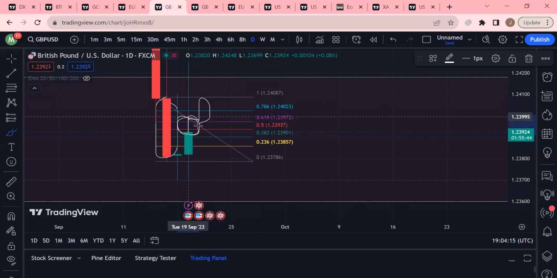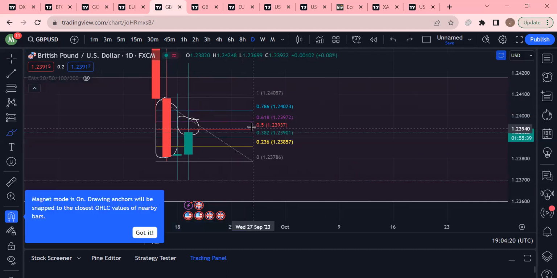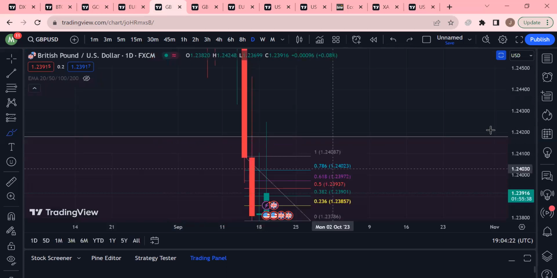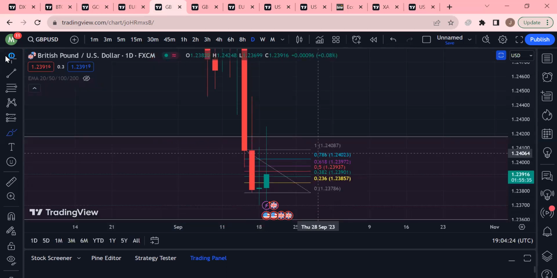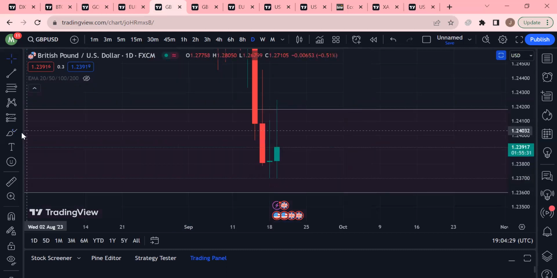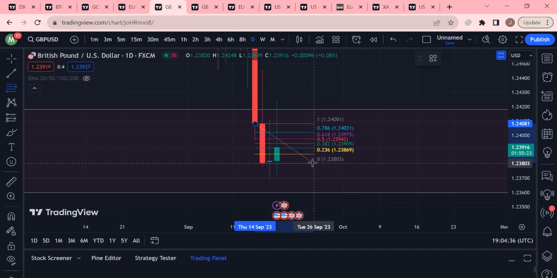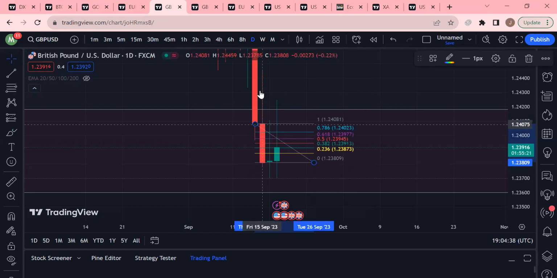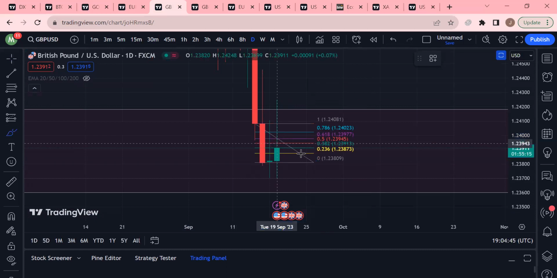So there are a lot of reasons why I wanted to close above the 0.5 of the previous 3 days candle. I'm measuring the previous 3 days candle now with my Fibonacci retracement tool, and I wanted to close above half of it. So I can use my Fibonacci to measure what is happening on that candle, opened and closed. The candle opened here. Are you getting it? Came back up, came down here, and closed here. So I want this day to close above at least the point where I entered from,